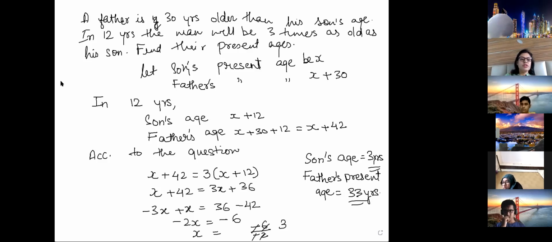Okay, is it clear? Now your homework is exercise 5.5, to be completed on your own. Complete exercise 5.5 and you can submit it to me on Google Classroom, which you don't usually do, but get it checked whether you're doing it correctly or not, or you can check your answer from the back also. Make equations. 4-5 questions are there. Do all the questions, complete it. Okay, fine. That's all.